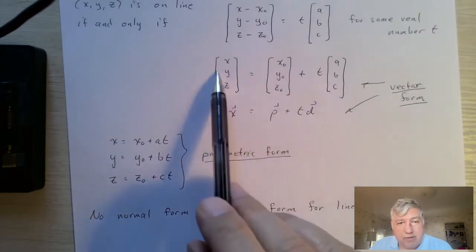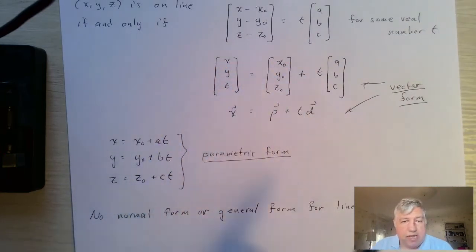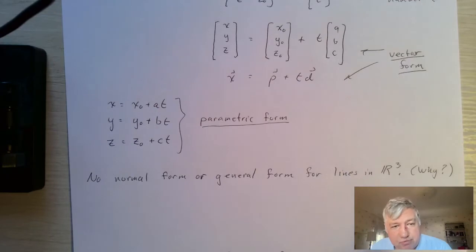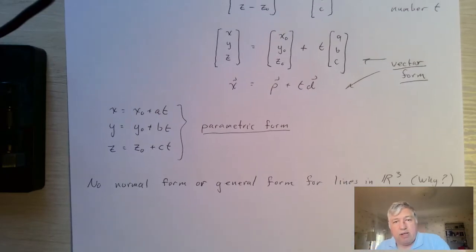And we can get a parametric form of this, basically just by equating all the components. We get 3 equations now instead of 2. And so we get a parametric form. You've probably seen this in Calculus 3, hopefully. Okay. Now, there are some